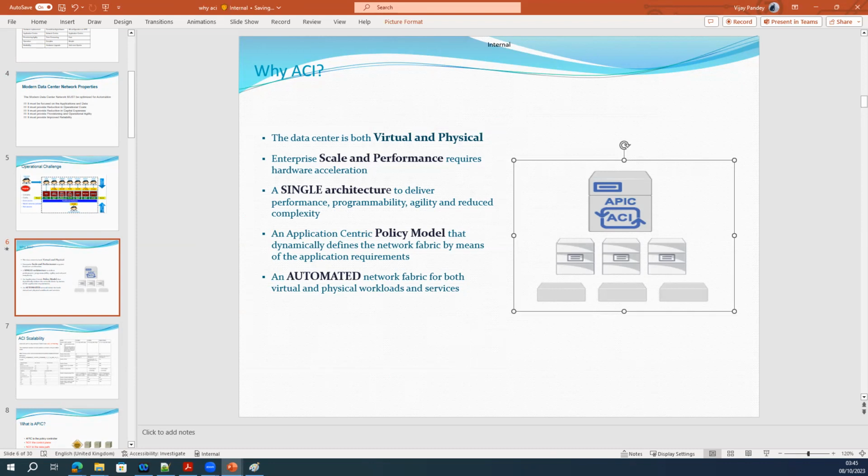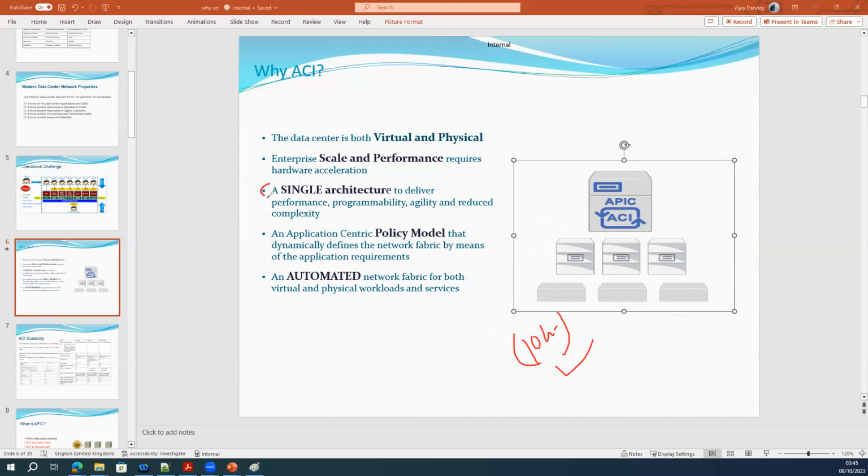the best performance compared to your legacy network, because in legacy network there are a lot of protocols which also reduce your hardware performance. So from the hardware perspective, you are maximizing the hardware. It means if you have a 10 gig requirement and you bring in a 10 gig switch, the full capacity you can utilize in ACI.